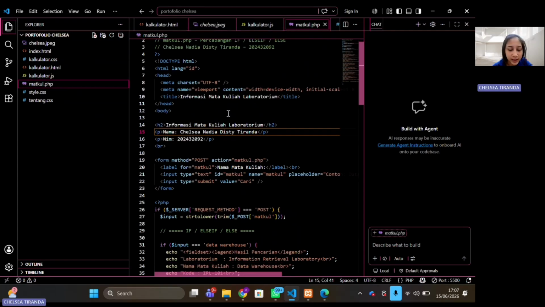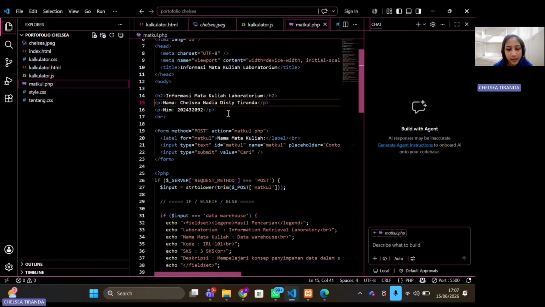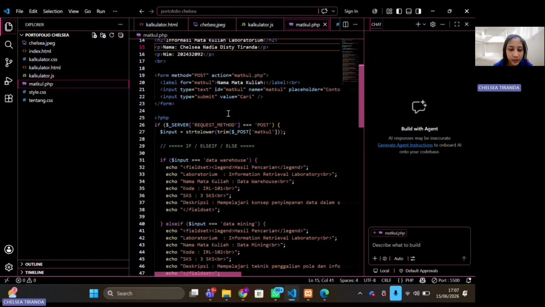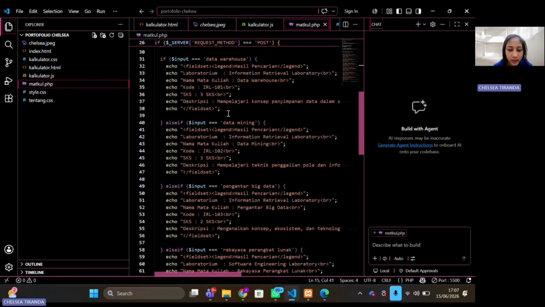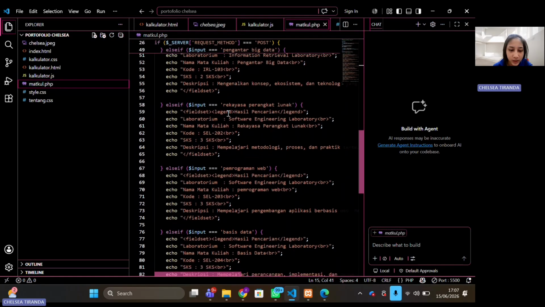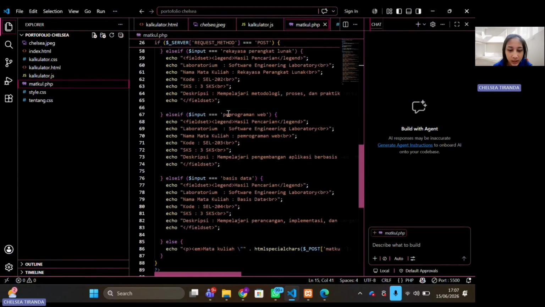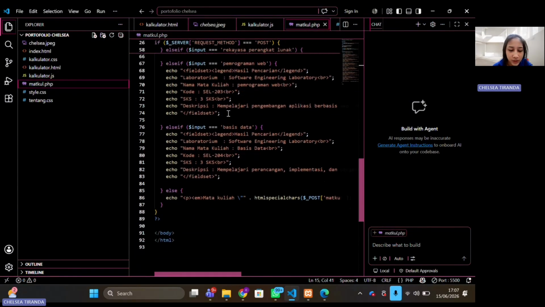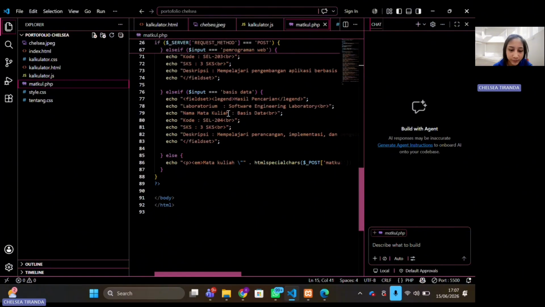Next is the style CSS. Here I define CSS custom properties using root to store color and size variables that are used consistently across all pages. The navigation is made sticky, so it stays visible when the page is scrolled.